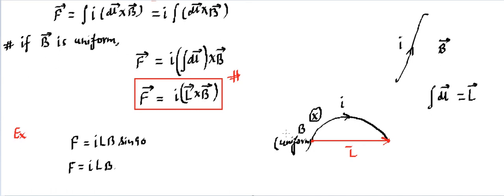As far as the direction is concerned, we can think of where the force is going to act. So L cross B, L is this, B is this, then you can go for the cross product, and the cross product will give you the direction. So force will be acting in this direction, perpendicular to this L and in the upward direction. So that's going to be the direction of force. We can get the value of force and in which direction it's going to act, both we can find out. Okay, so this is how we can simplify whenever it's uniform.